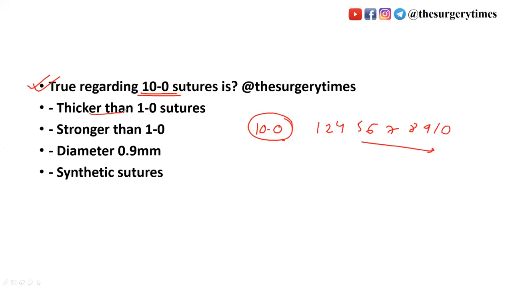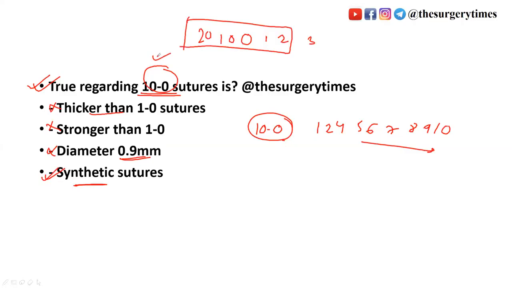So thicker than 1-0 is a false sentence. Stronger than 1-0 is also a false sentence. Diameter 0.9 may not be, but here we should remember from 0, 1 up to 2 only, because 10-0 came only one time, hence the diameter is very difficult to remember. Don't remember all this. So true regarding 10-0 suture is, it is a synthetic suture. It might be a true sentence. Okay, now